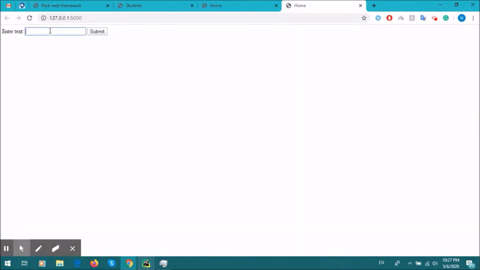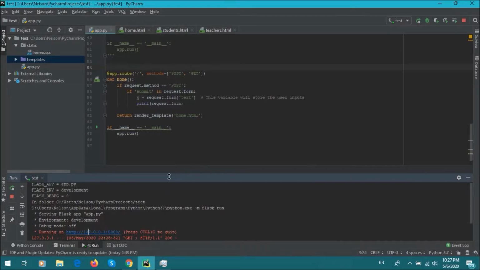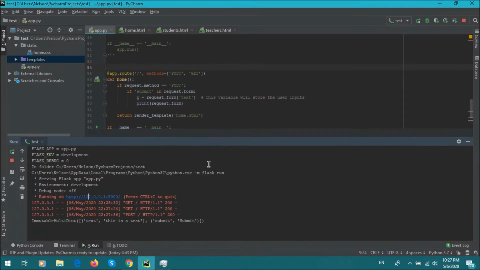Okay, so I'm going to type something random in here. So I'm going to type this is a test. Okay, now I'm going to hit the submit button. Okay, and when I go back to my IDE,